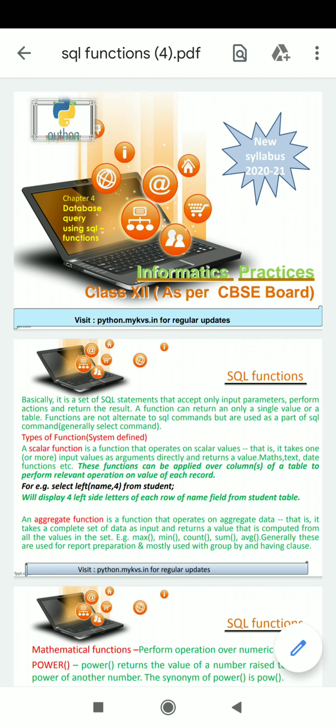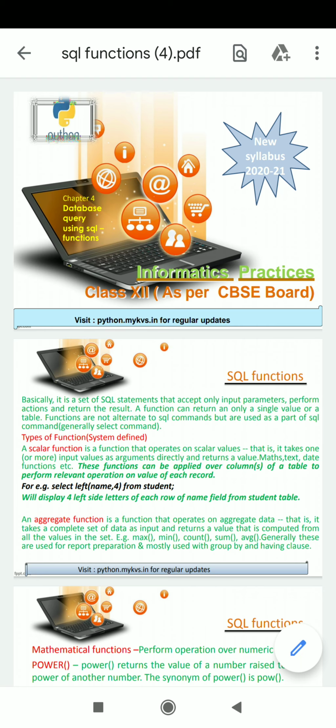In the below example, LEFT is a function name. The example is given in black color. LEFT is the name of the function. Then the first argument is the field name of the particular table, that is student, and the second argument is 4. So these are changeable. The table name can be changed.